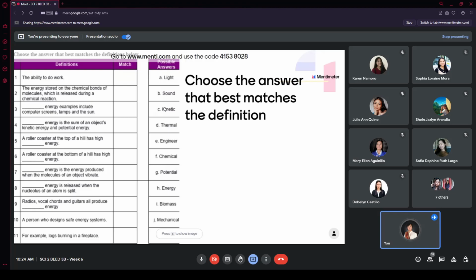Number 10, a person who designs safe energy systems. That should be the engineer at letter E. Number 11, for example, logs burning in a fireplace. So this should be biomass. That's our remaining letter. So as we can see here, when it comes to giving out assessment for the students,